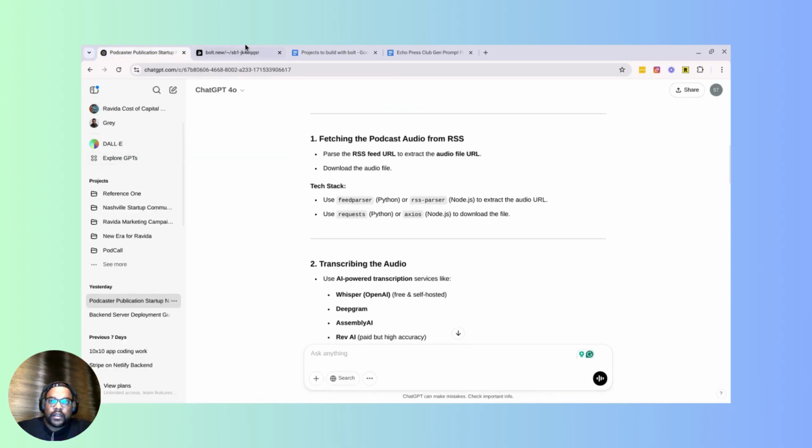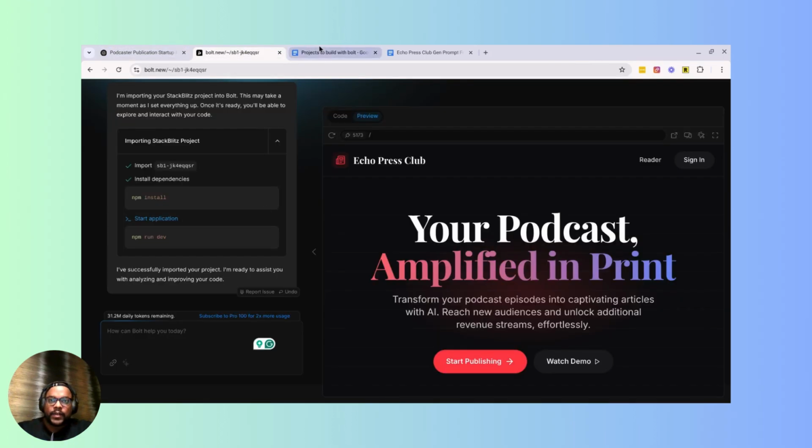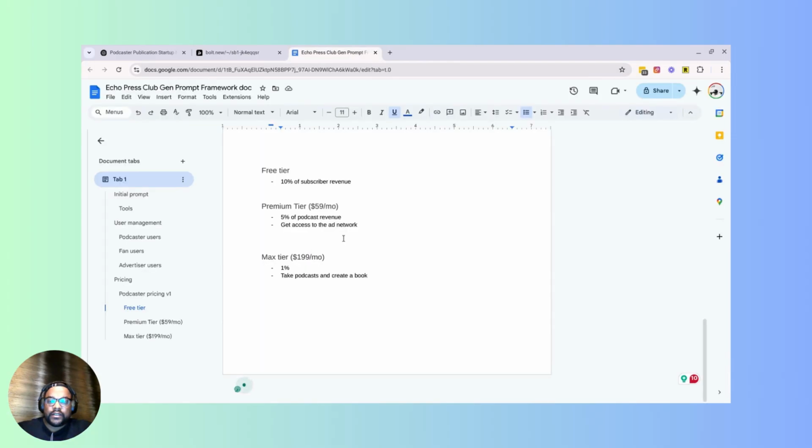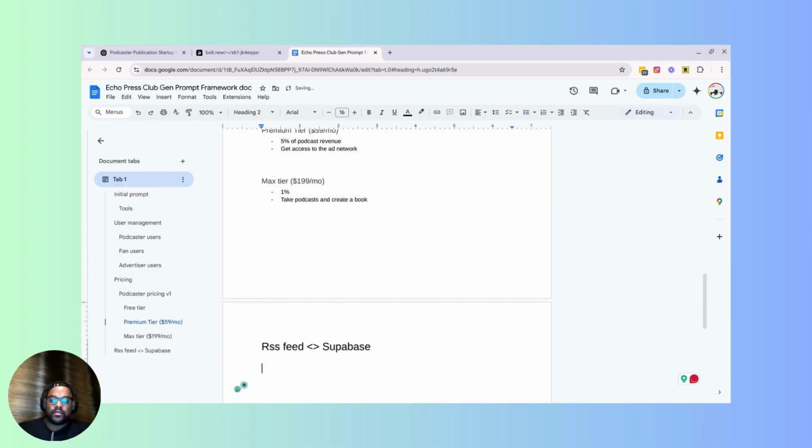So this is something that I created. We're kind of freestyling it a bit. So we need to go ahead and create an RSS feed to Supabase, which I was going to use as our backend. And so let's do integration V1. And so I went ahead and asked